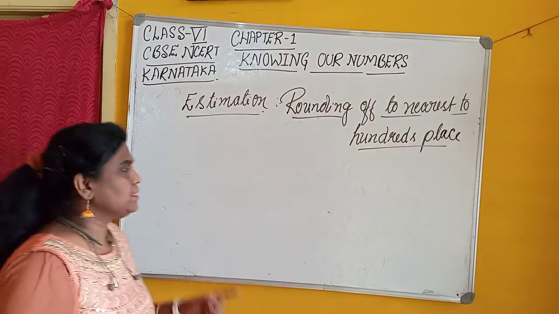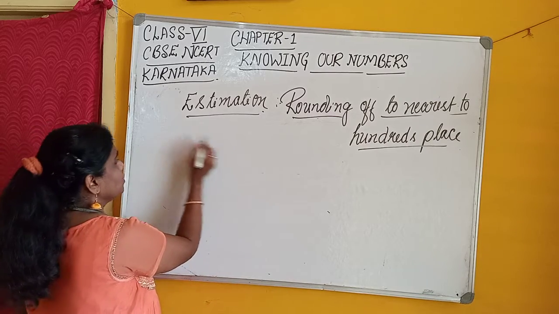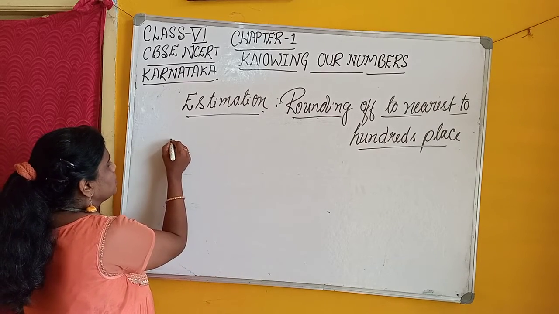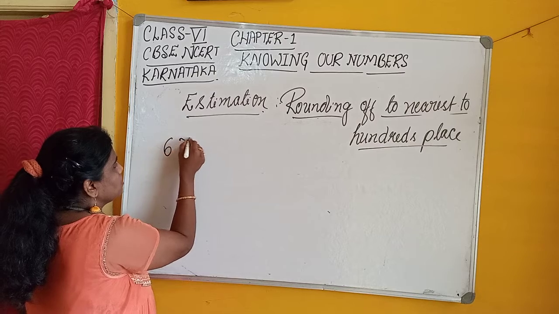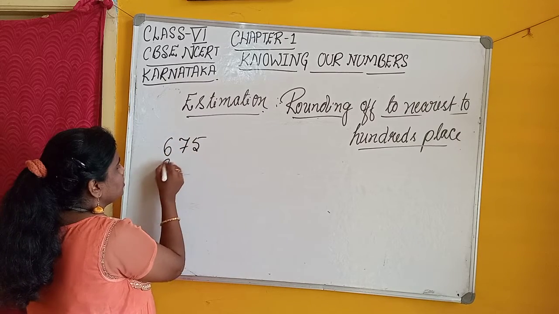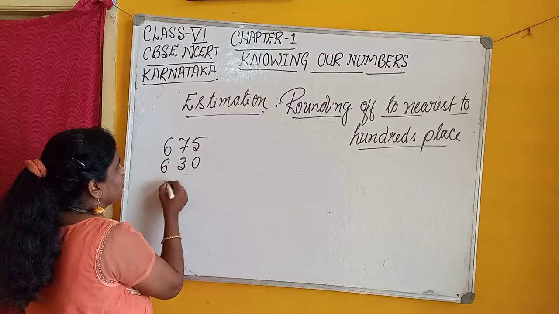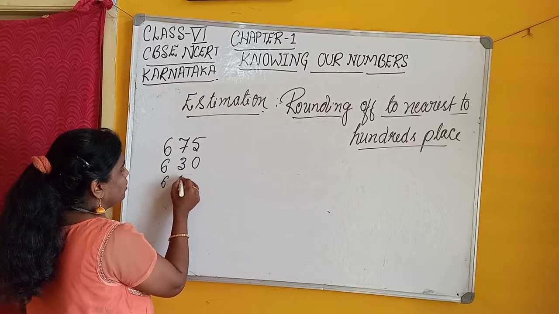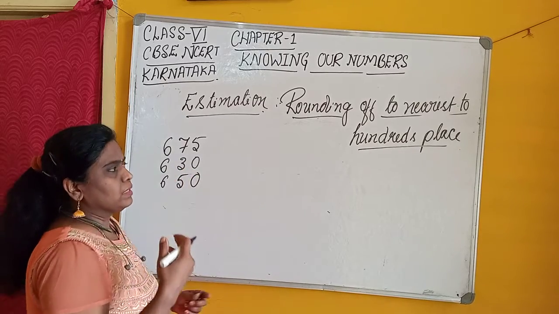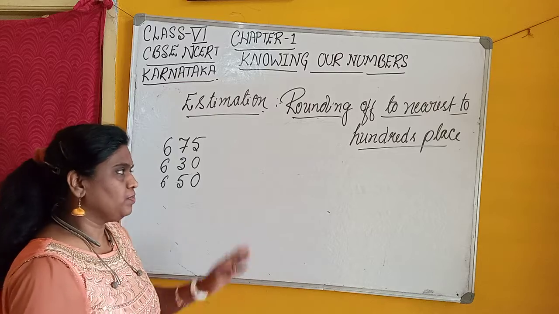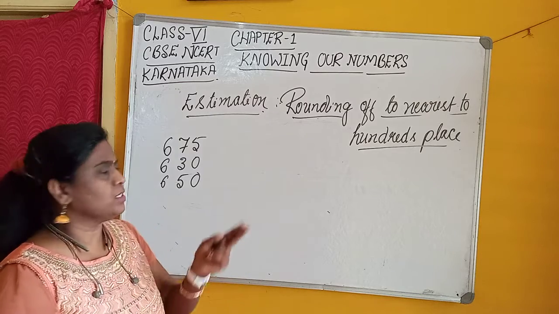For this, take some example. Hundreds place means 675, 630 and 650. For rounding of the numbers to hundreds place, we have to take 2 digits, that is ones